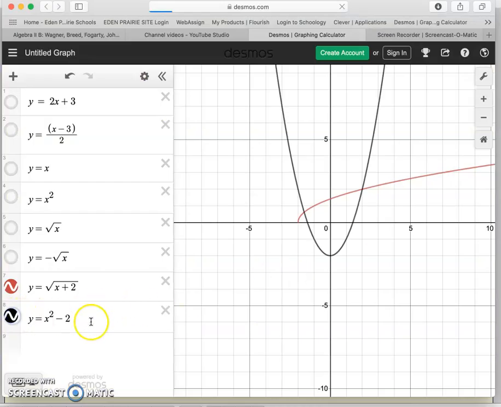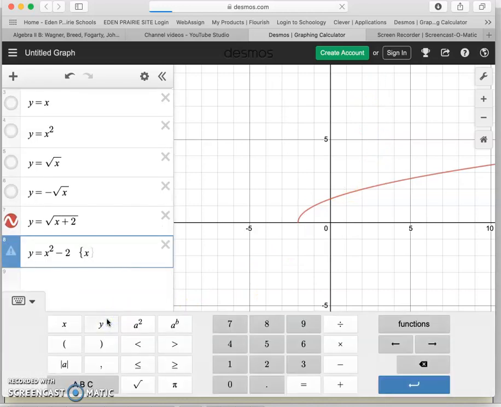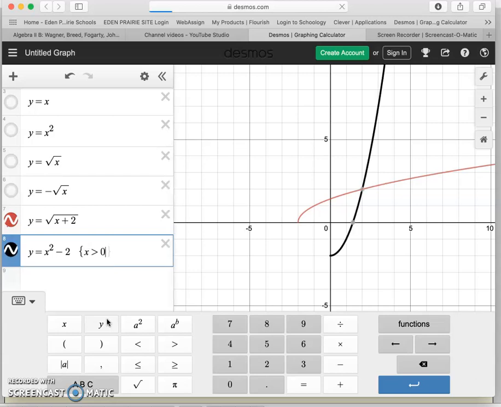Because if I go ahead and graph this, what I'm seeing is more than I should, because this reflected is only this part of the graph. So what I have to do basically is just kind of cut it off and say, hey, well, you know what? You don't get to look at all that. You only get to go here. And when I restrict it a little bit, in other words, when